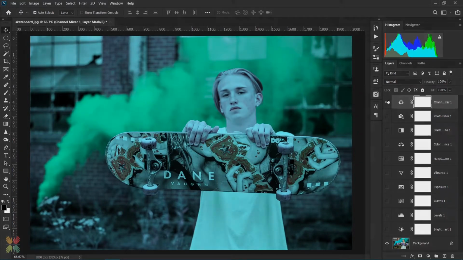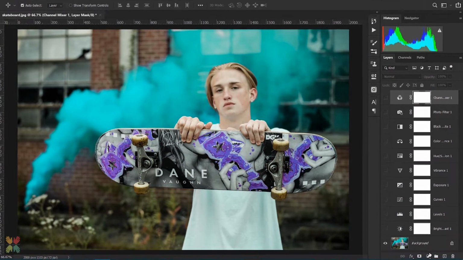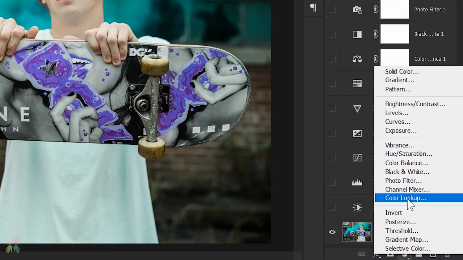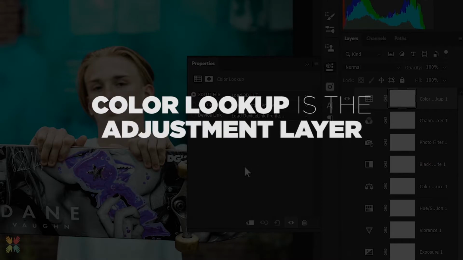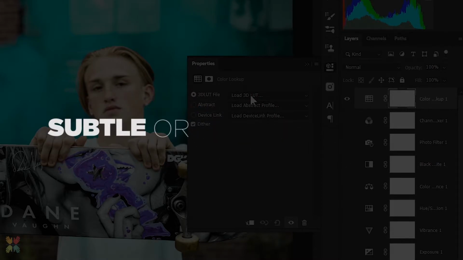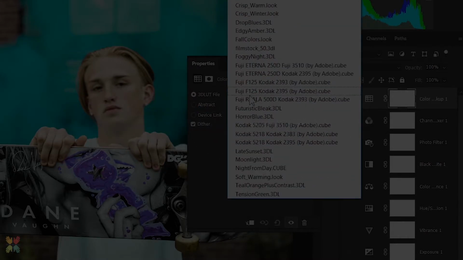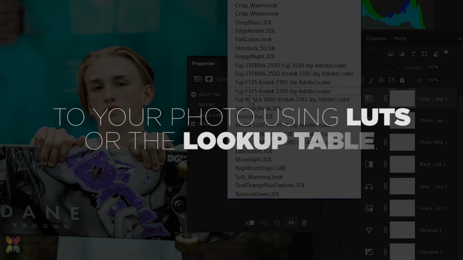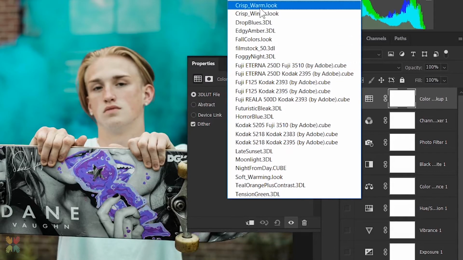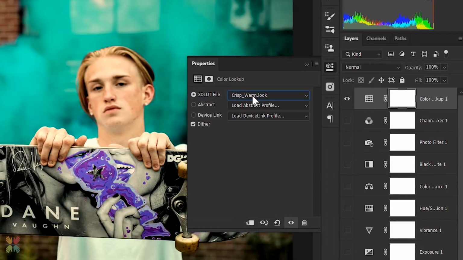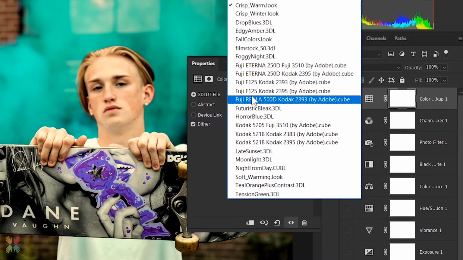The next up is color lookup. Color lookup is the adjustment layer that can create subtle or dramatic filter to your photo using the LUTs or the lookup tables listed here. Here we have different kinds of pre-made presets that can give us varying results